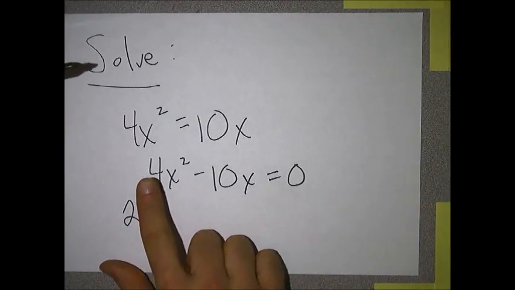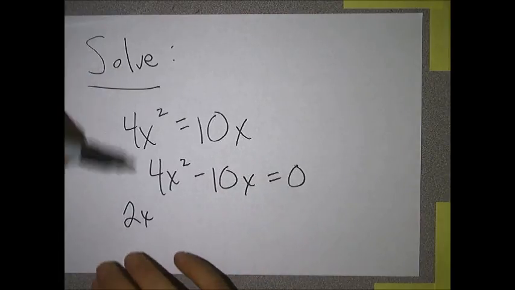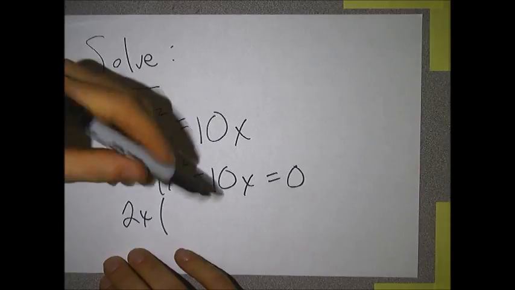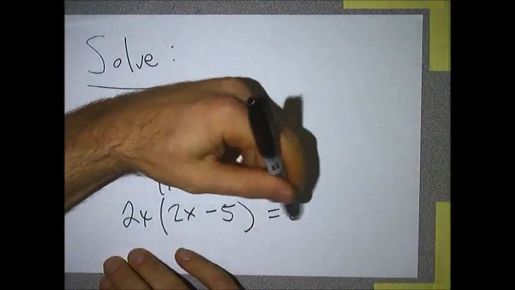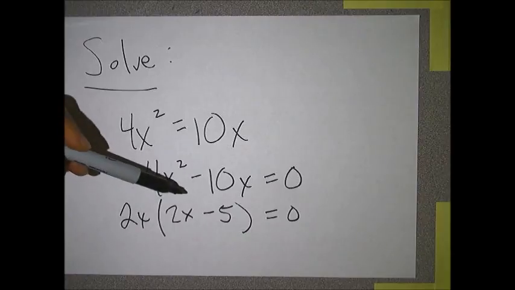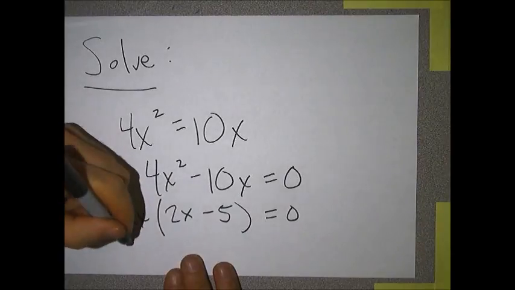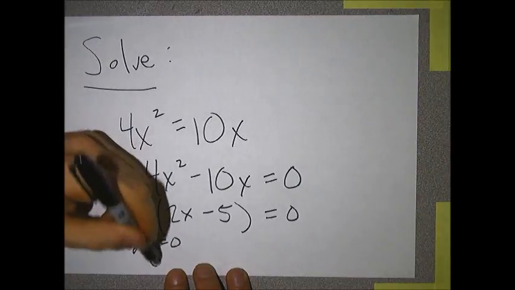This one had 2 x's, and this one had 1 x. You can only take out the least number of x's that they share. And when I take out the 2x, I'm left with 2x minus 5, and we're setting both quantities equal to 0. So you want to set the 2x equal to 0, and you want to set the 2x minus 5 equal to 0. If I set 2x equal to 0, I divide both sides by 2,